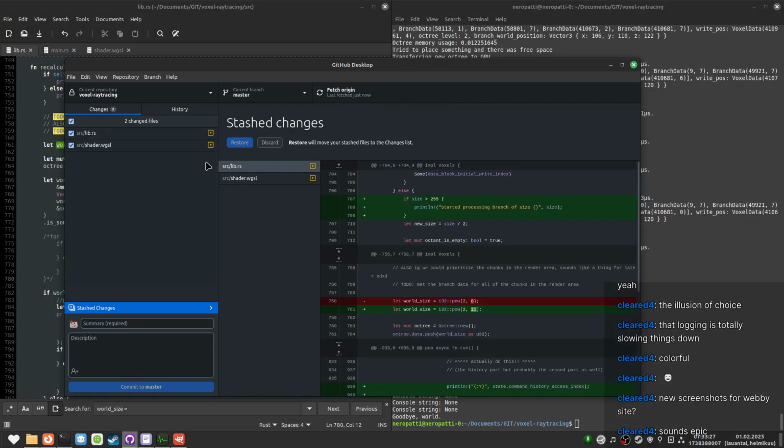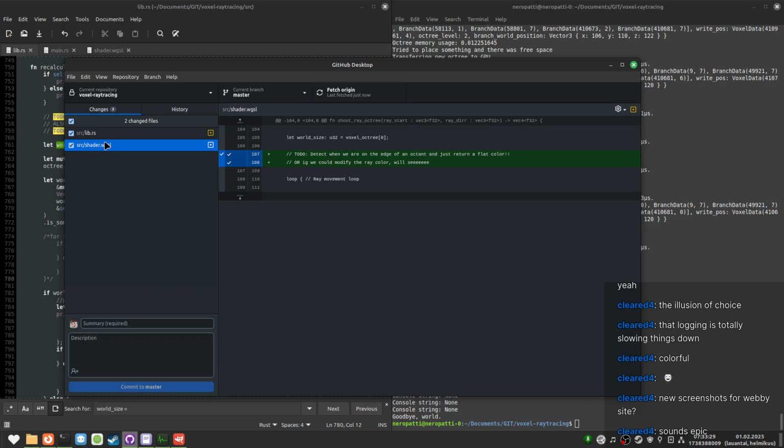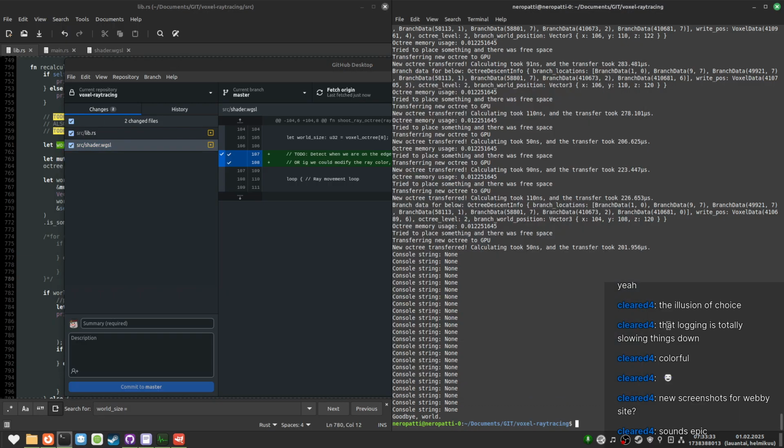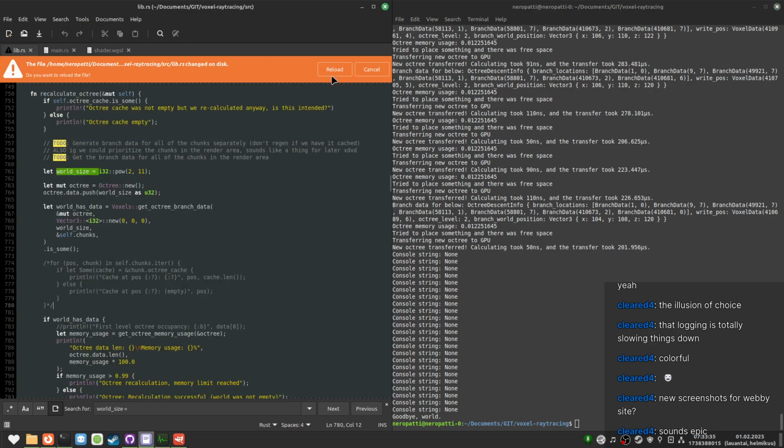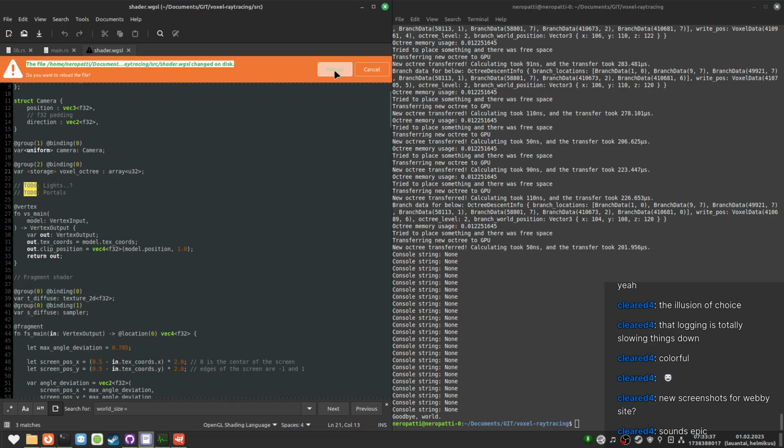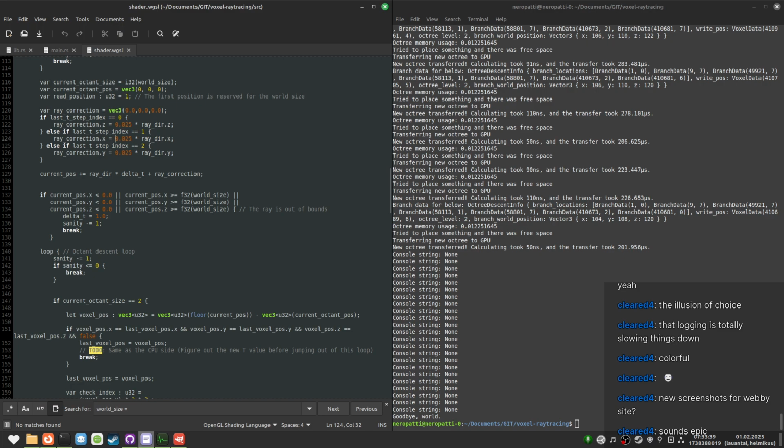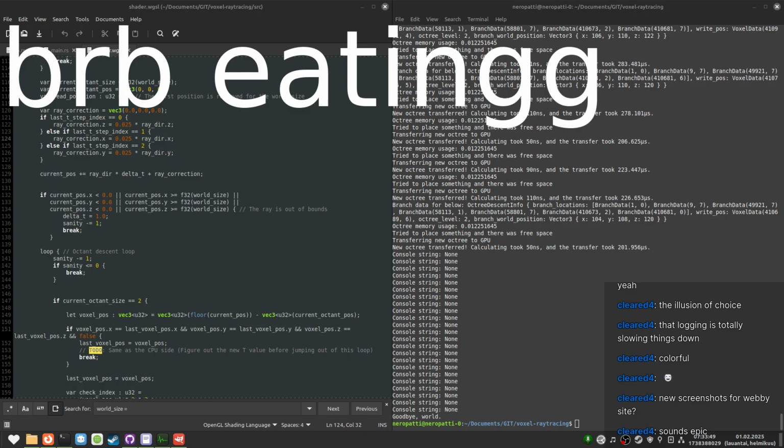Now let's restore the stash. So I will real fast eat up, and then I will be back. The two G's are critical in there.